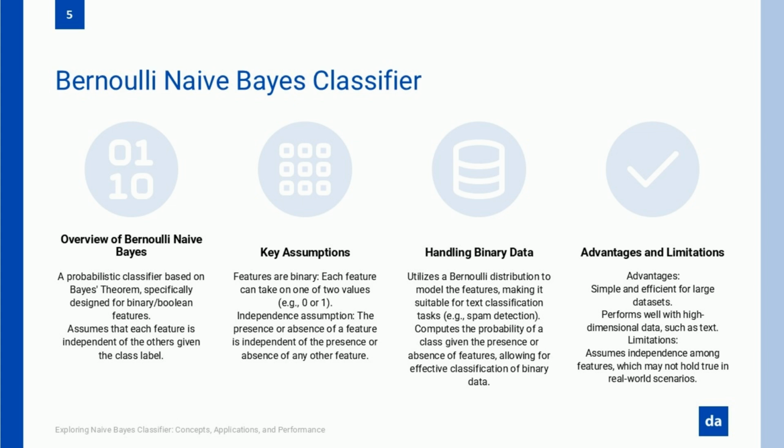This focus on binary data is what makes the Bernoulli classifier so effective in tasks like spam detection, where the presence or absence of specific keywords can be a critical clue. What's fascinating is how well it scales to large datasets. Bernoulli naive Bayes is both simple and efficient, meaning it can handle high-dimensional data, such as text documents with thousands of unique words, without getting bogged down. That's a big reason why it's so commonly used in real-world applications, where datasets often include a massive number of